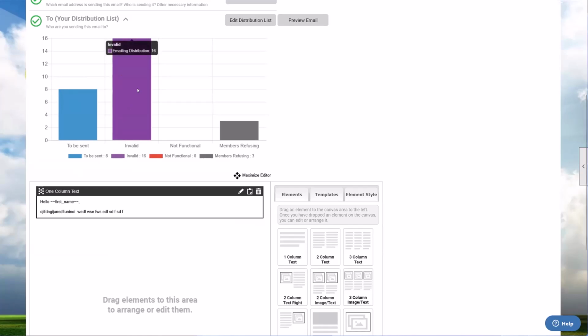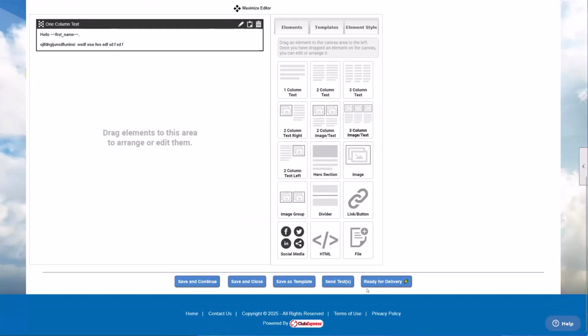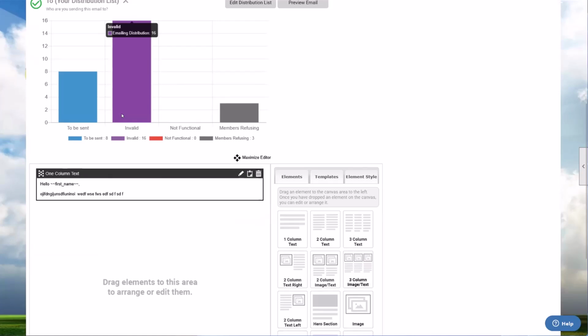So those are, when someone doesn't have an email address, they are marked as invalid. But 8 people should successfully be sent the email. We don't get a list of names at this point, but once the email is sent and we say ready for delivery and the email goes out, once it's sent by our email server, we will get a report and